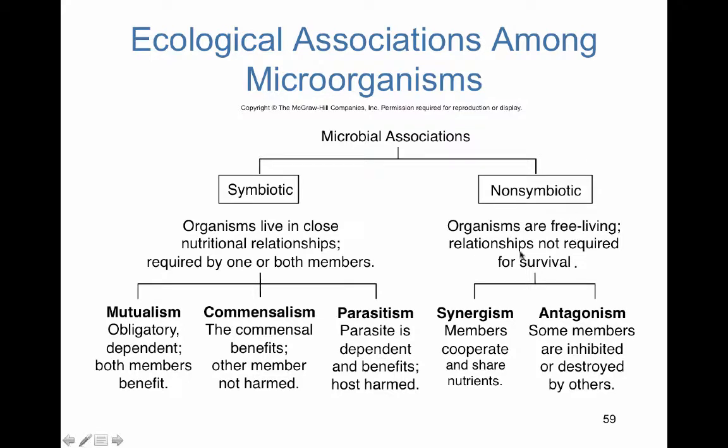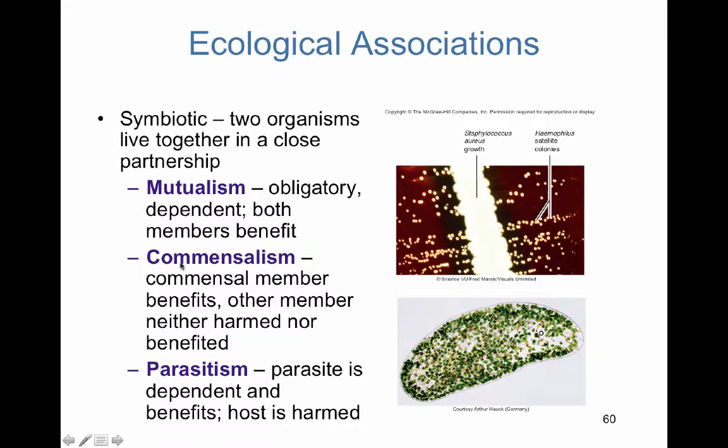There's also these associations, but the organisms are free living and they're not required for survival. So this is different than the symbiotic. Non-symbiotic, they're synergistic or antagonistic. So in a synergistic association, members cooperate and they're sharing nutrients, and then antagonistic, there's a negative effect, so they're inhibited or destroyed. So hopefully you guys can think of a couple mutualistic or commensalistic associations within the human body,